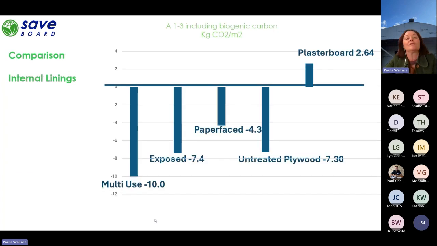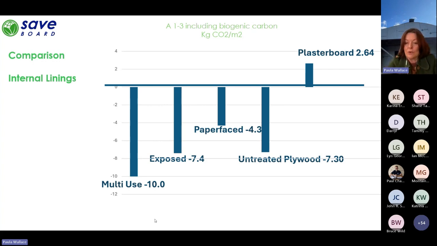So we're going to this slide here, we're looking at a comparison between common building materials, internal linings. So for transparency, the numbers that I've got here, we have taken from supplier published EPDs. So multi-use coming in at minus 10, exposed minus 7.4, paper face minus 4.3, untreated plywood, which is great, minus 7.3, and plasterboard at